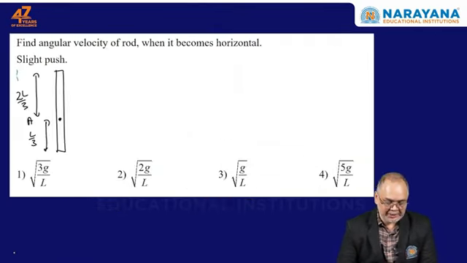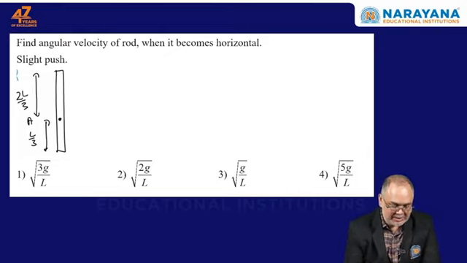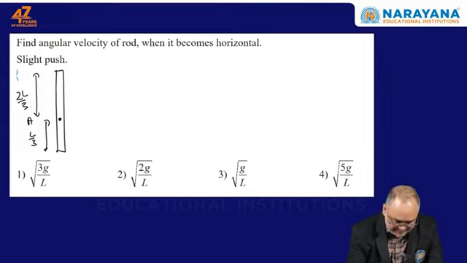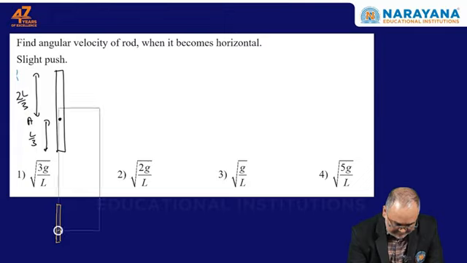Next question you can see here. We have to find the angular velocity of the rod when it becomes horizontal. We are giving a slight push to the rod. Now you can see the rod is hinged at a distance L by 3 from one end. If you consider this is a thin rod, now it is hinged here. This distance is given as L by 3, and let us say here we have the center of mass, so this distance is